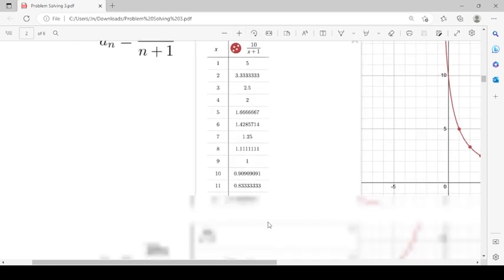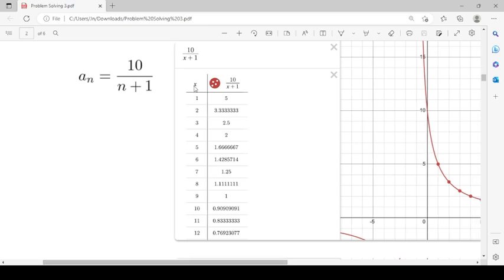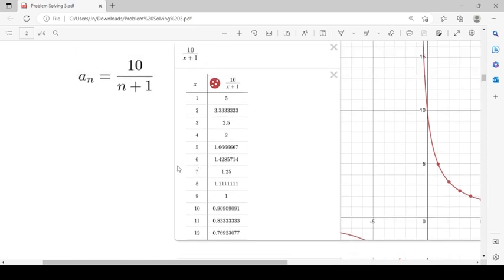As you can see, if we add the n or x right here as 1, we get 5, and if we add 2 we get 3.3 something, and if you add 3, you get 10 over 3 plus 1, which is 2.5, and if you add 4 you get 2, if you add 5 you get 1.6 something, and if you add 6 you get